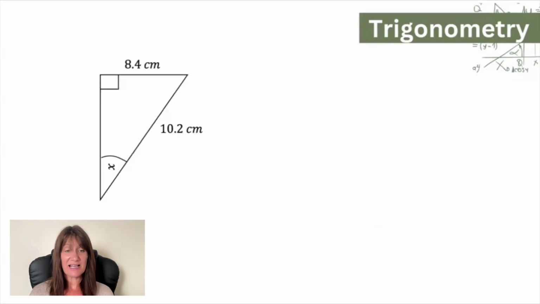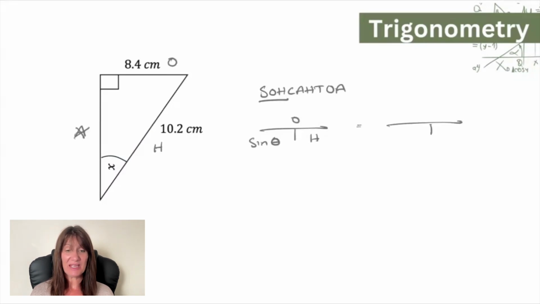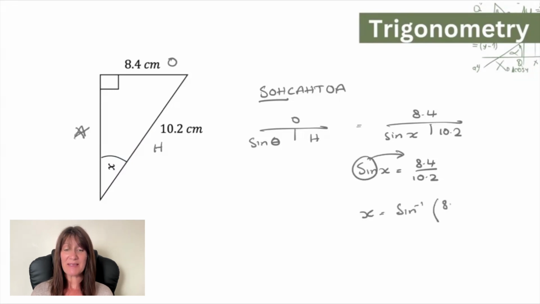Okay, so let's see another example. So I have got my opposite, my hypotenuse, and my adjacent. I don't need the adjacent, so I've crossed that off. Write down your Sohcahtoa. We've got O and H, so it's sine, and get that triangle popped in. Now transfer the information over. We've got sine X equaling 8.4, the opposite, and 10.2, the hypotenuse. Sine X is equal to 8.4 divided by 10.2. Pop that across, and you have got X equals sine -1, 8.4 over 10.2. Pop that in your calculator,